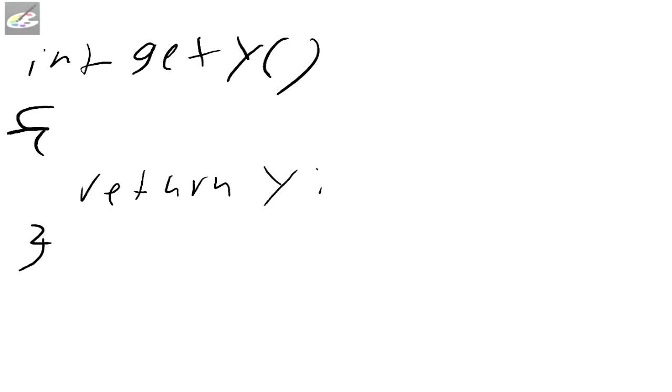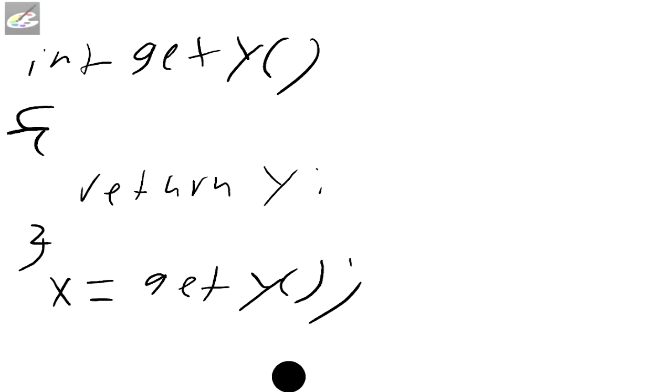And why would we want to do that? For example, let's say that we wanted to set x to y, right? So we say x equals get y. And that's it. Now it just jumped into here, returned the y value, pulled this guy here, and stored it in x. So that's why you would use a getter, is to work with